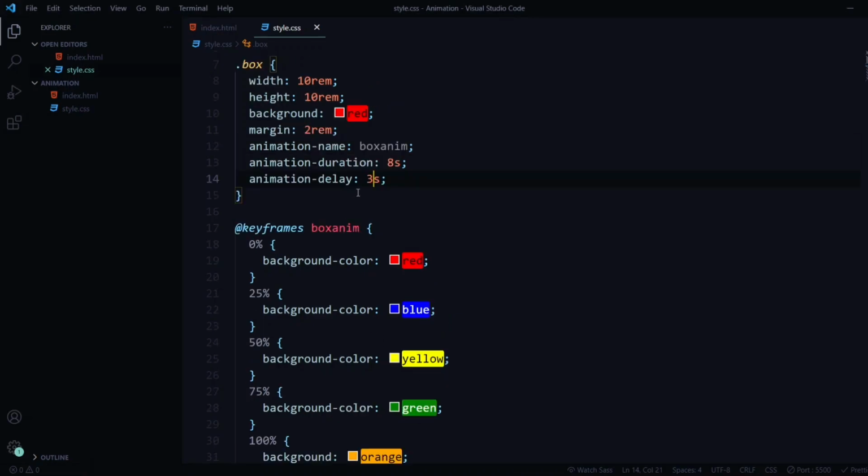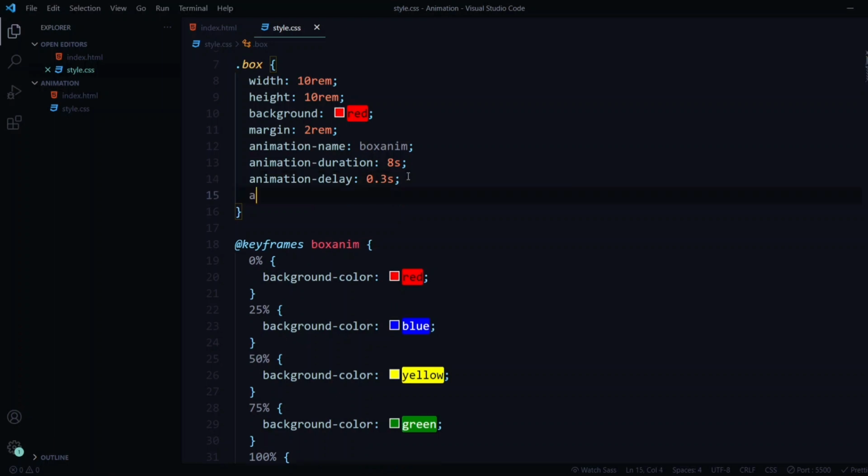Now I'll just remove this delay and make it minimum. So I'll just make it 0.3 seconds, and that's about it. Instead of seconds, you can also use milliseconds. These are the two units that are supported: the first one is second and the second is millisecond. You have to use either of the two, and always keep in mind that time cannot be negative. It always has to be greater than 0, and it has to be positive. It cannot be 0 either. 0 means that it will not run, or there will be no delay or duration at all. So always keep that in mind.